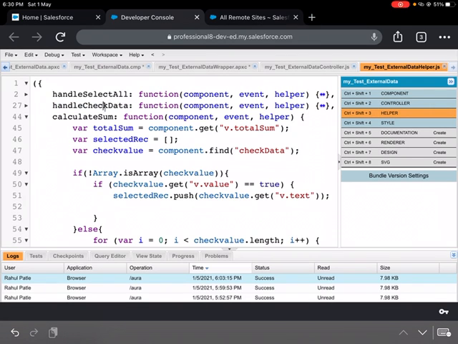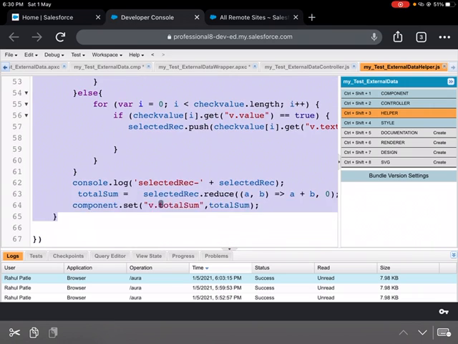Now also the sum part, I'm going to tell you how I'm calculating the sum here. So when all is selected, after setting the total row count, I'm calling calculate sum. And in the same way for each individual, after setting the row count, I'm also calling calculate sum. So for both instances, it will work independently.